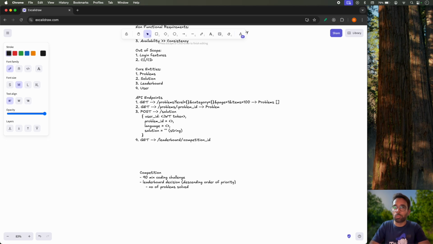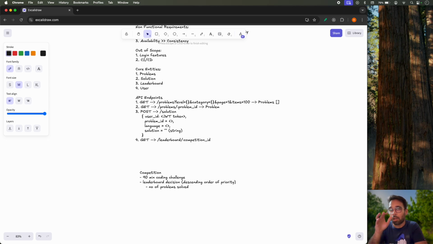And for now we are assuming that all the problems are of the same level. There are no different marks for each problem, though if there are, then we can manage that easily. It's not that big a deal. But for now, let's assume that there are 10 problems in a 90-minute competition, and each problem contains an equal number of scores. So in that situation, the person who has solved the maximum number of problems is top